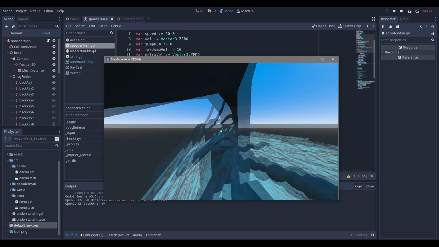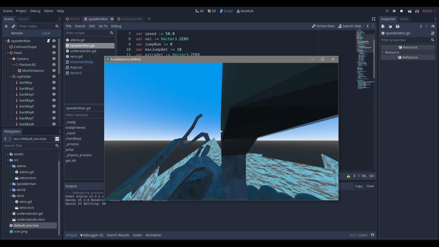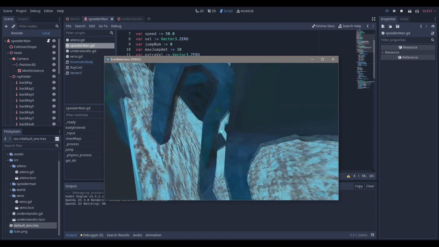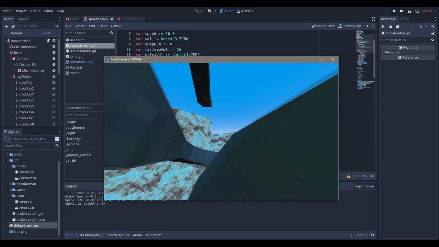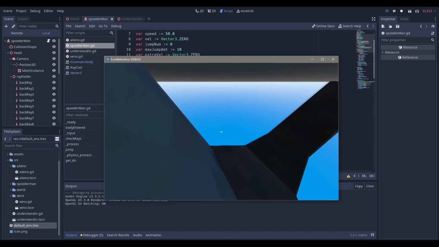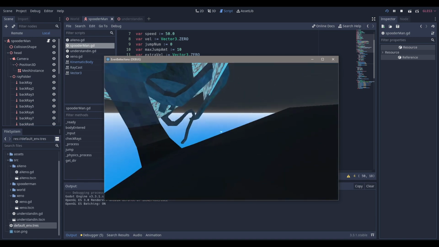I just want to comment on a couple of things. As you can see over here, if I'm walking slowly along the edges, I do get stuck. Unfortunately, I have no way to solve this, but at the same time, with such diverse movement mechanics, there are bound to be issues. I'm not trying to use that as an excuse, but I'm just saying that this is still a work in